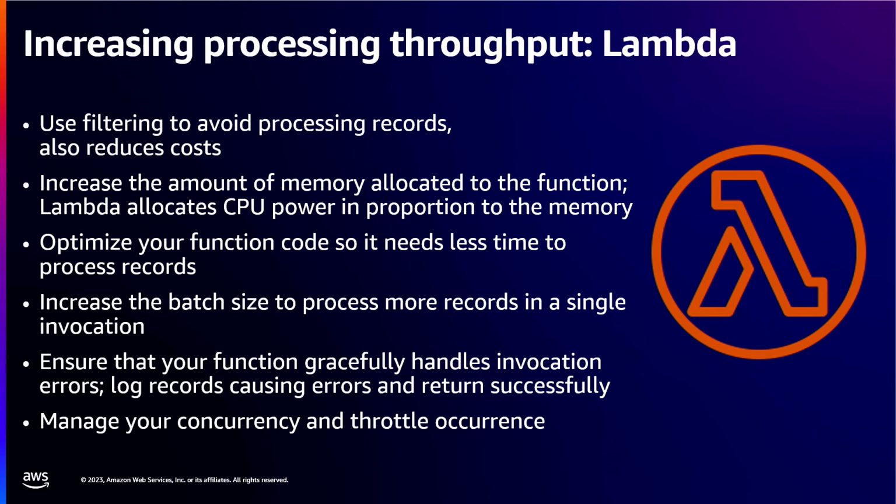The other way for Lambda is to increase the amount of memory allocated to your function. So Lambda can be configured between 128 meg and up to 10 gig, and this has a corresponding up to 6 virtual CPUs. So adding more memory to a function allows it to process faster. Even if you're doing some CPU level processing within your Lambda function, adding more memory is going to add more virtual CPUs, and your Lambda function is going to process things more quickly. You can obviously optimize your function code so it needs less time to process records. Maybe you can do some optimization for your initialization process, or you can use some different libraries, or you can remove some libraries that aren't being used. But of course, to speed up your Lambda function, optimizing your code can be an easy win.